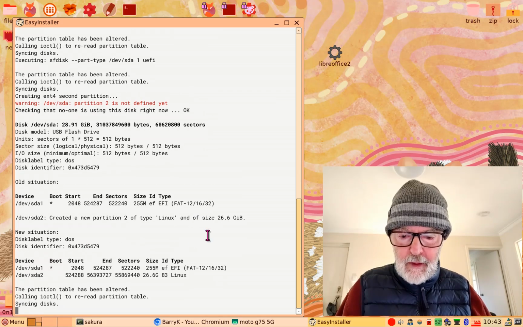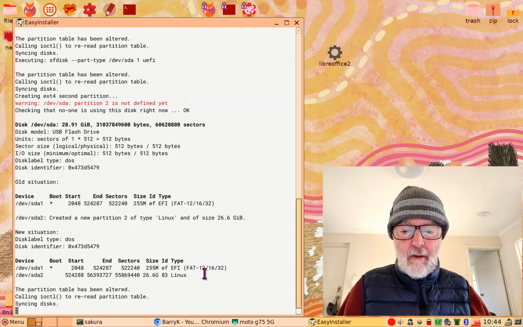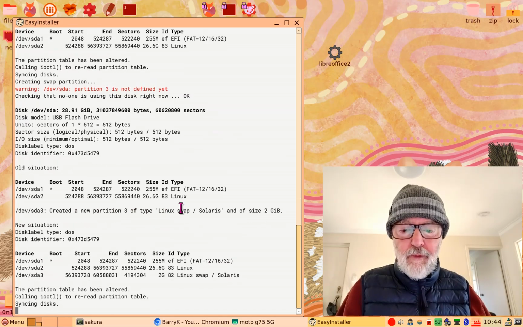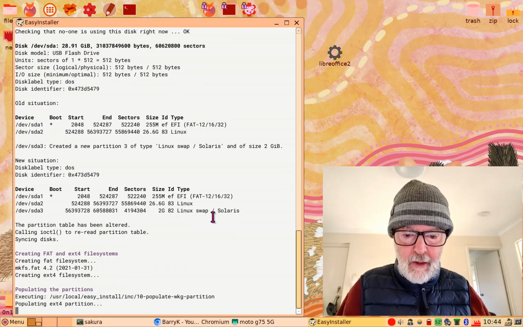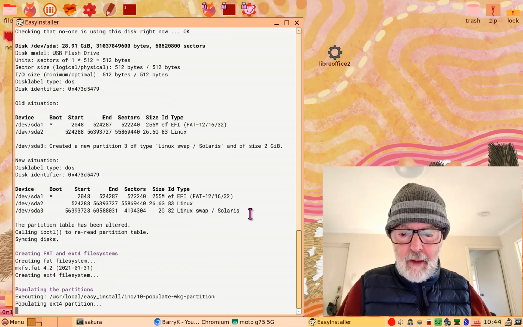And a bit further down, here it's creating the main working partition, the ext4 file system partition. And it's also down here creating a swap partition. There we go, there's the swap partition. And then further down,